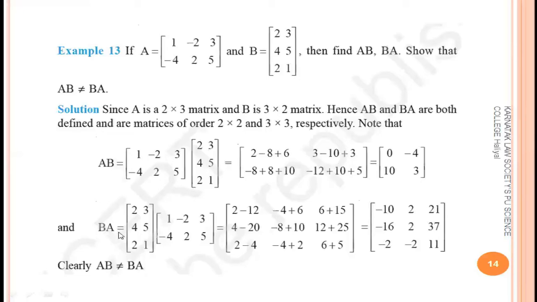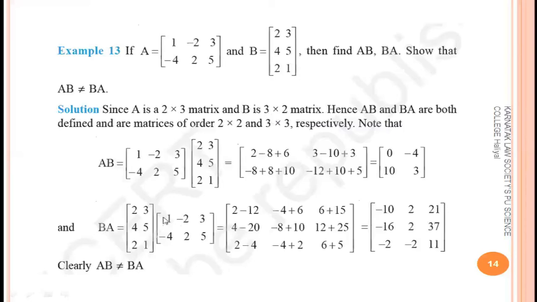So here the resultant matrix, you will get it as 2 rows and 2 columns. That is a 2 by 2 matrix. See here, if A is a 2 by 3 matrix and B is a 3 by 2 matrix, then the number of columns in A is equal to the number of rows in B. Then which numbers are left here? 2 and 2. So the order of the resultant matrix should be 2 by 2. Now the BA matrix. We just need to take the reverse.